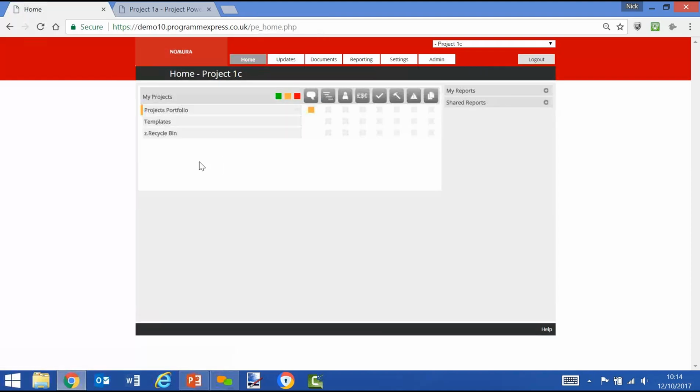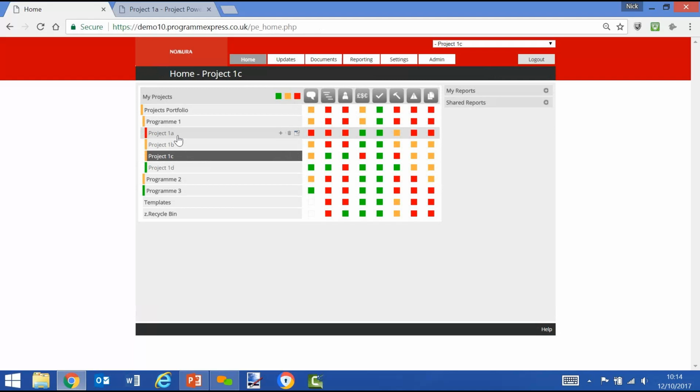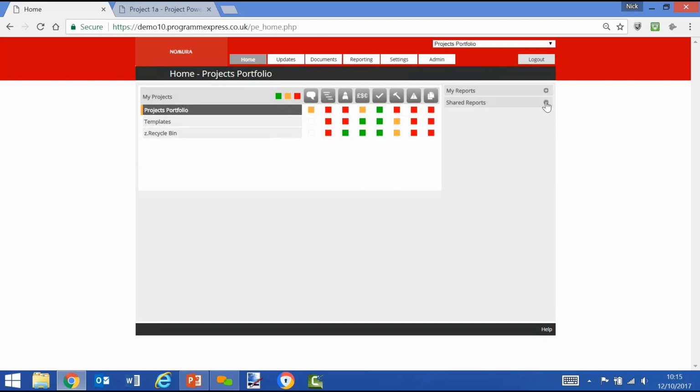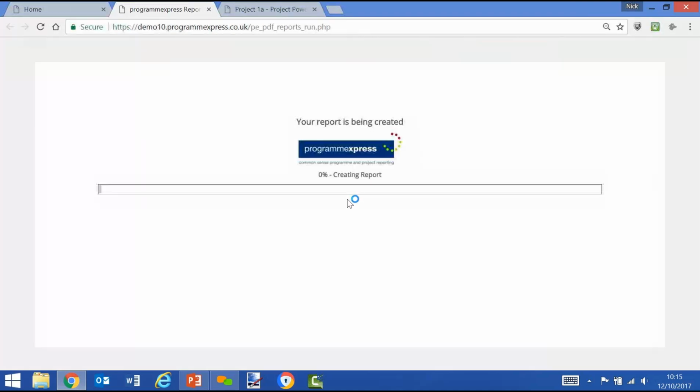More likely, once they know that all the data is up to date, you can start to run program and portfolio reports. And this is where the power of ProgrammExpress is, that you can now consolidate and aggregate, and with one click, you can get summary information across the whole portfolio just by running one of these shared reports that have been set up. And this is our bread and butter report, the RAG status summary. So if I click on that,